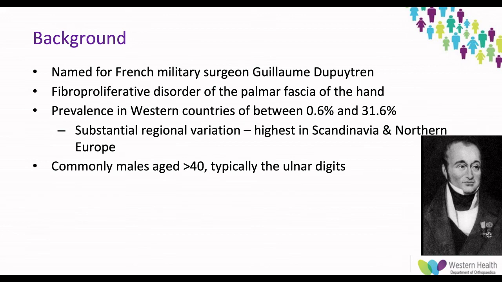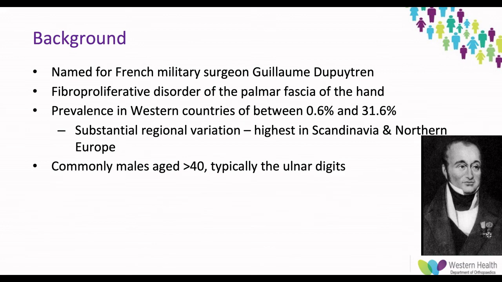So by way of background, Dupuytren's disease is named for the French military surgeon Guillaume Dupuytren, who described the natural history, pathology and surgical technique in managing the condition. It's a fibroproliferative disorder of the palmar fascia of the hand, in which excessive deposition of collagen initially results in formation of isolated nodules palpable beneath the skin. Later on, it causes the formation of thick cords along the paths of normal fascial ligaments and bands in the